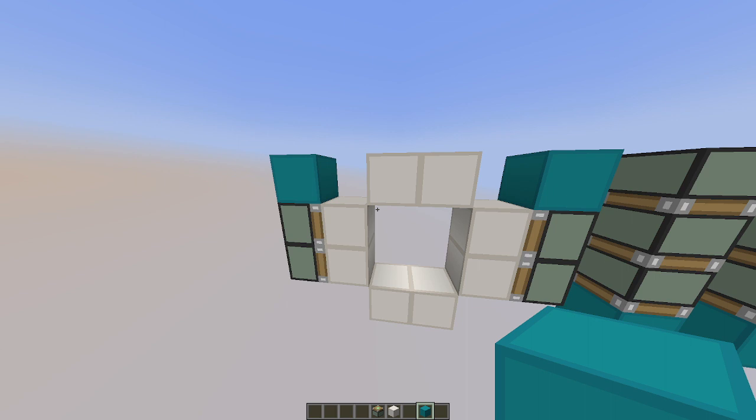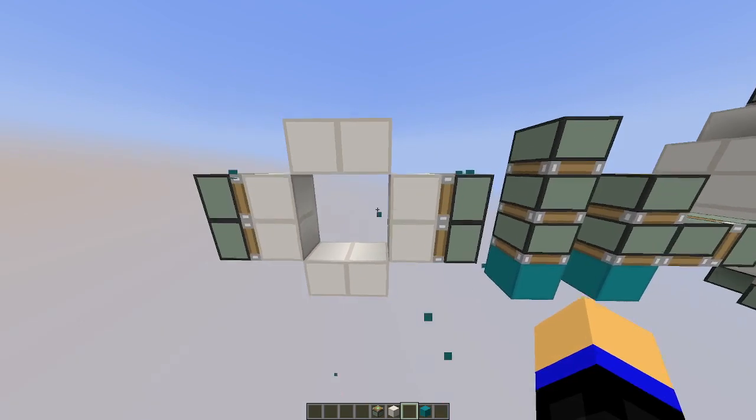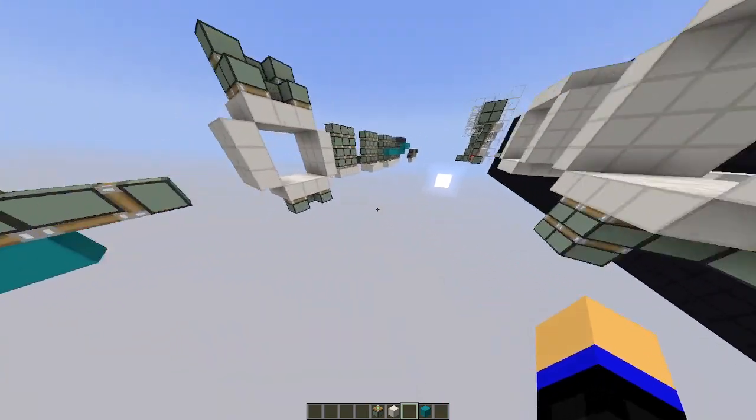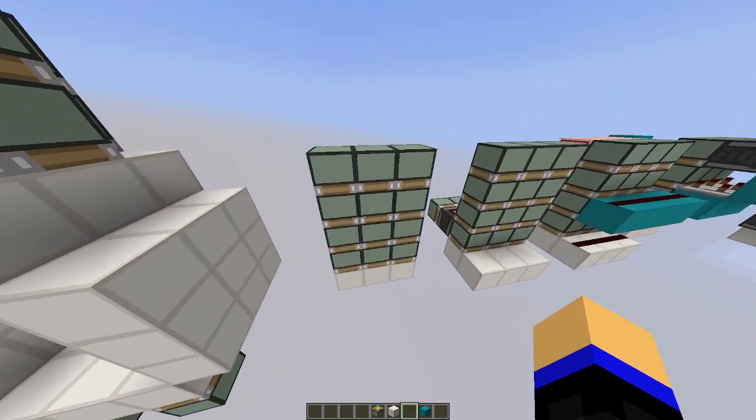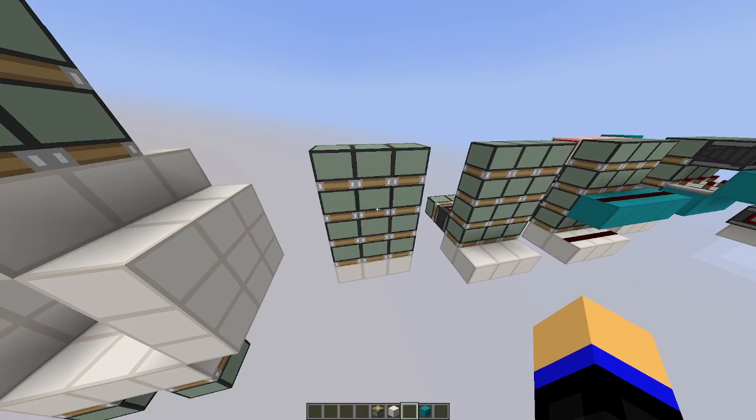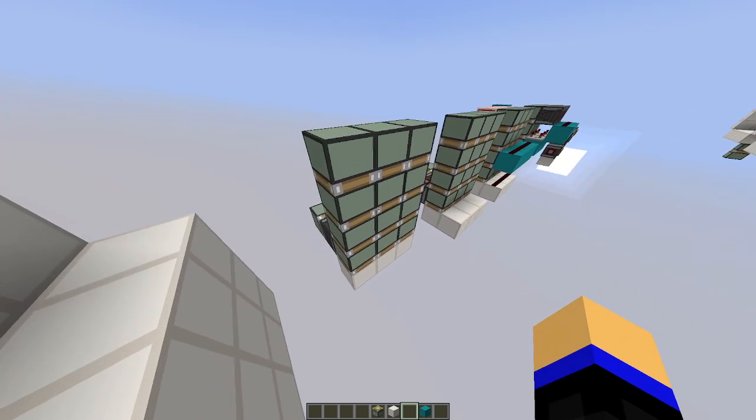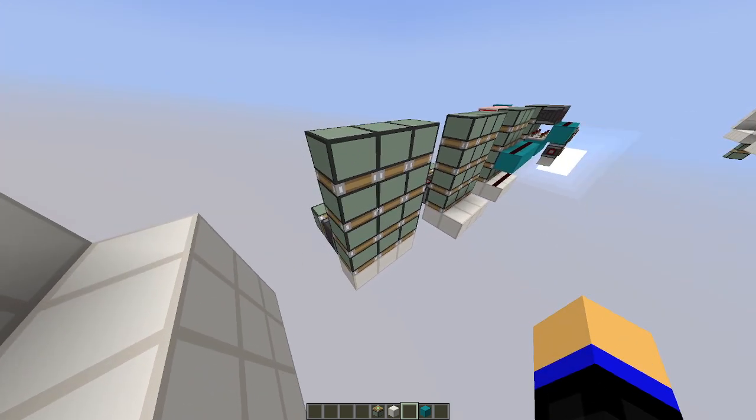This often will reduce the volume needed for your circuits. And obviously we are talking about compacting our builds, so we would want our circuits to be simpler. So that's why the grouping concept is essential. Now, another example, before I forget, is essentially any piston layout involving large piston extenders. The grouping concept not only applies to when you build the piston layout, but also applies to when you actually wire the